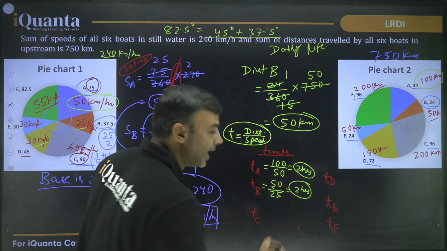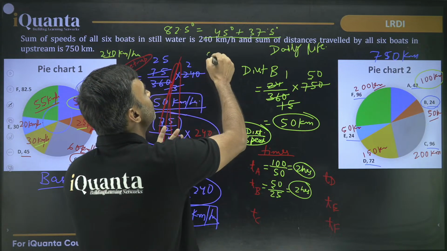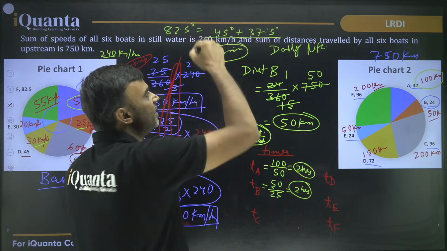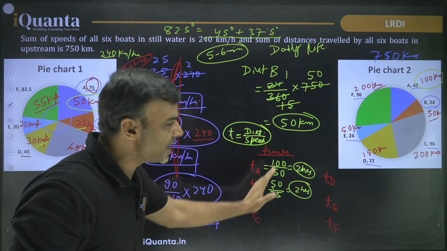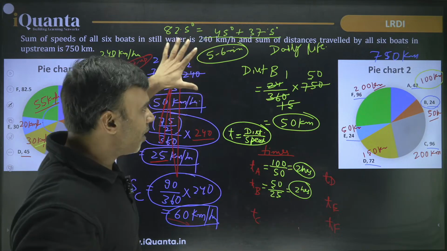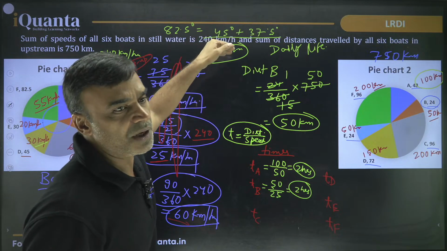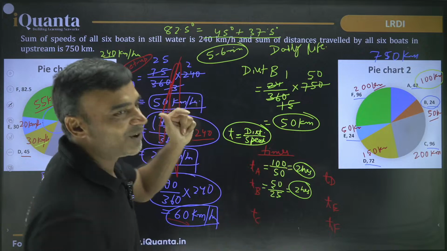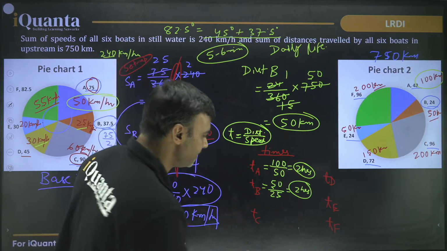काफी टाइम हमने लगाया इसके analysis में. This is such a question which should not take more than 5 to 6 minutes in the analysis, right? यहाँ पे क्यों टाइम लगा? Why did we take so much time? Because we went through each and every point. We did everything in writing and so on and so forth. Even a normal student who is not great with mathematics will not take more than 5-6 minutes. Those who are fast will be able to just take a look and go ahead, hardly 2 to 2.5, 3 minutes at max. Okay?